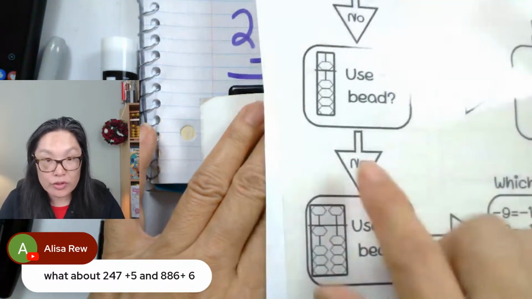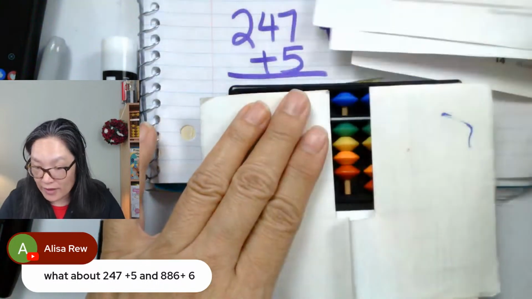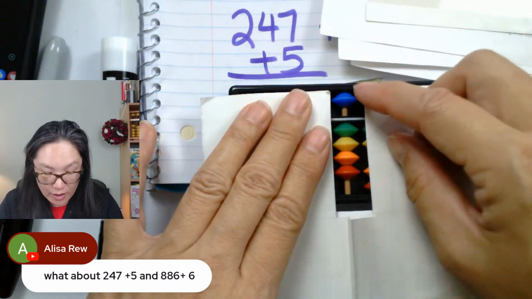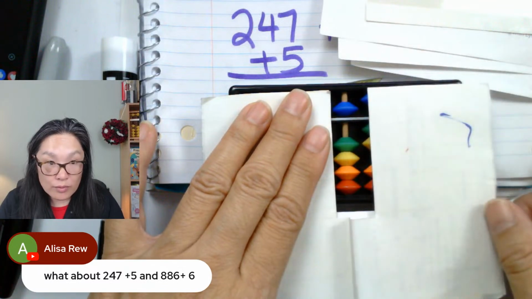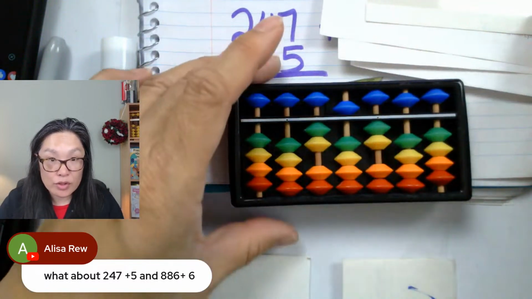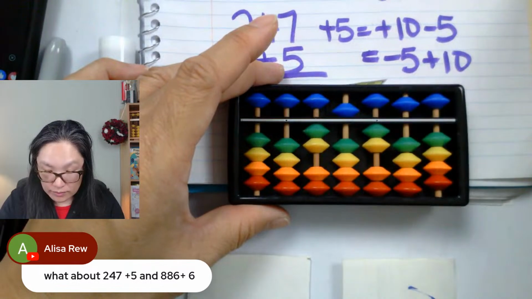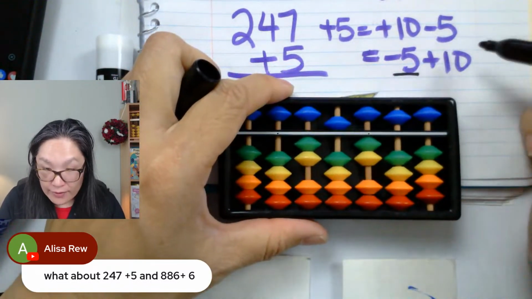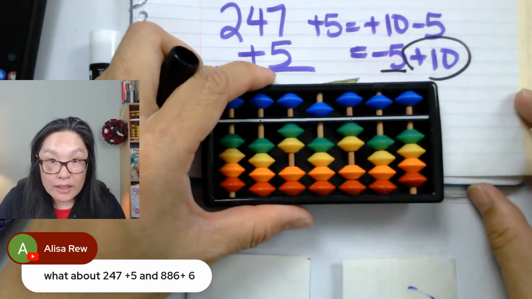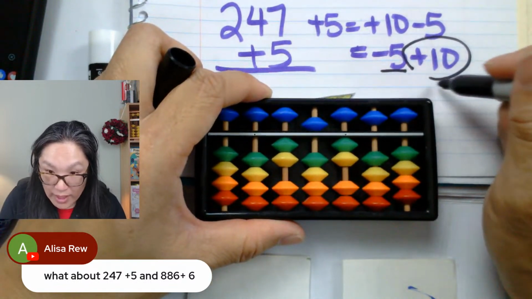I have to use the plus 5, not the minus 5. So I'm going to plus the 5, plus the 5 minus the 4. So my final answer is 252. So what did I just do? I minus the 5 and then I added the 1. When I added the 1,